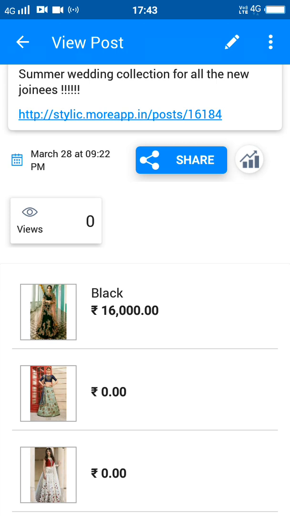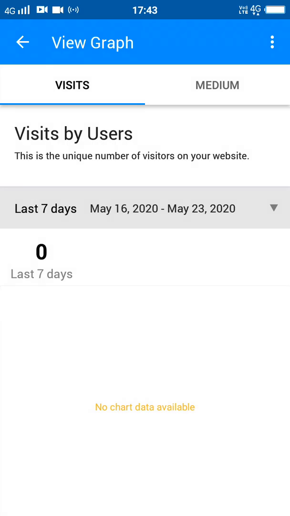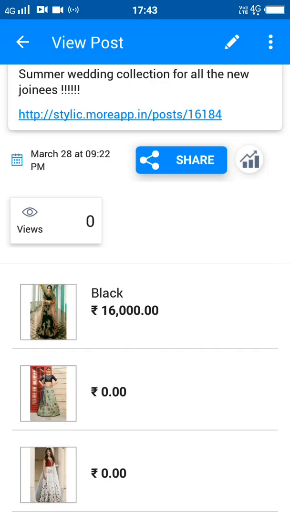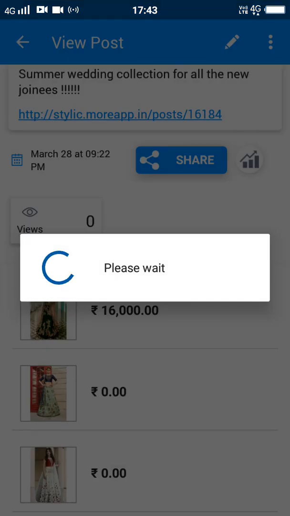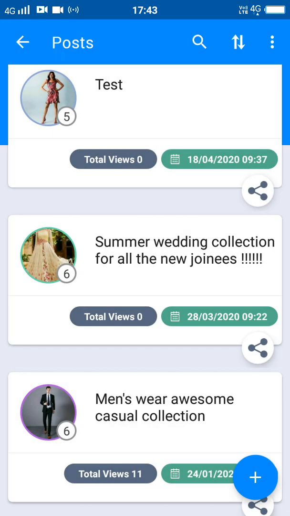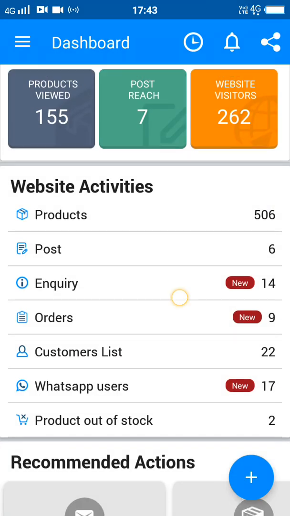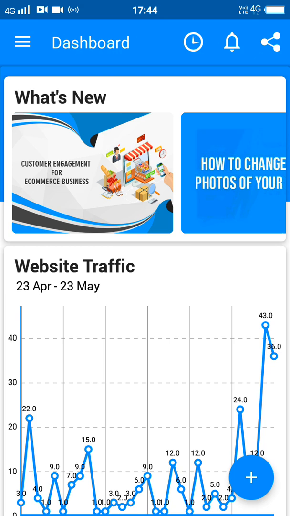Similar post graph is visible for individual posts. Through the post link, we have clicked on the edit post and we have to click on this graph icon. Here you can see. Also, there is a view button. This will take you directly to the timeline of the graph, where each entry is recorded date wise and origin wise and displayed on the screen. So now you are having a depth analysis of each activity of your website. So start effective marketing and get a good SEO rank for your website and double your sales.